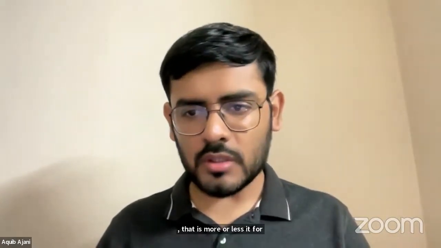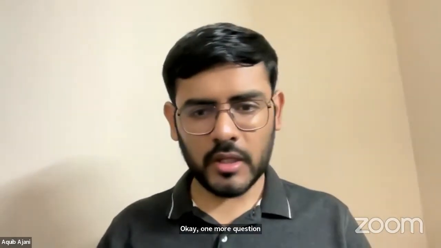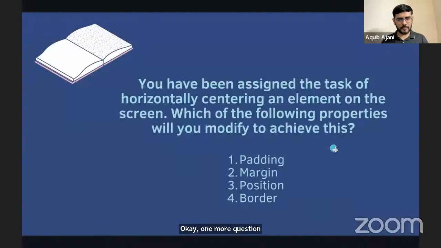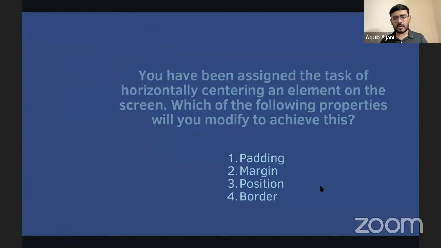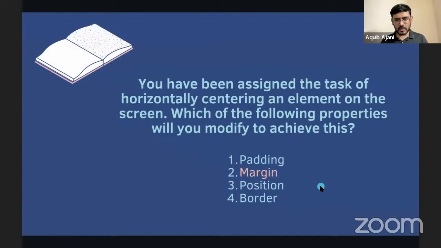There is one more question. Let me take that up as well. So here is the question. Again, you can take a minute, think about this and answer in the chat. Right. So the correct answer for this one is option 2, which is margin. Margin can be used to center it horizontally, like we've already seen. We can set the left margin and the right margin in a way that we can move it to the